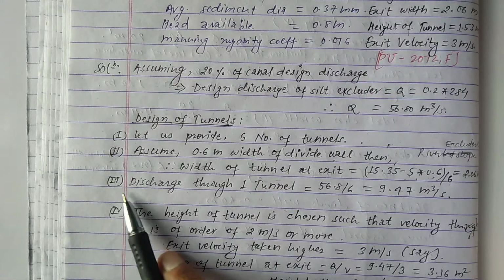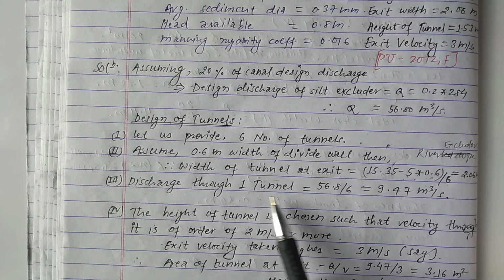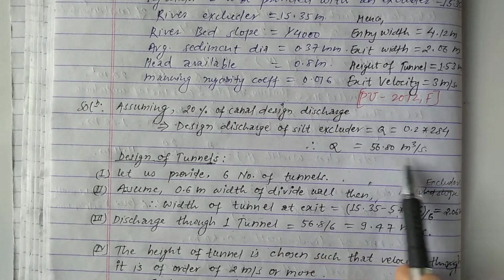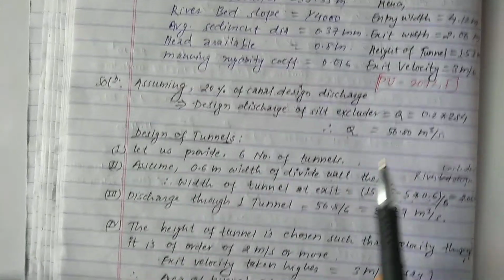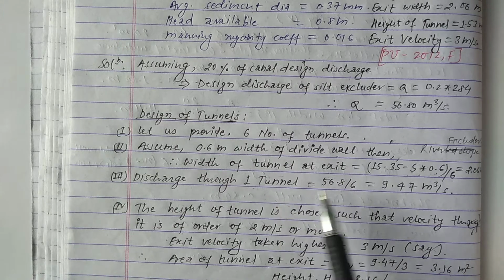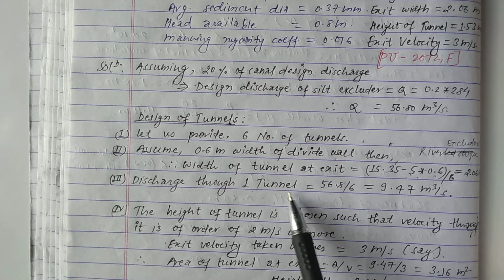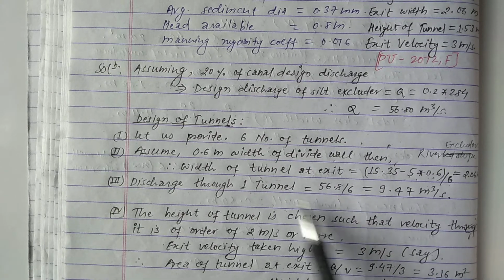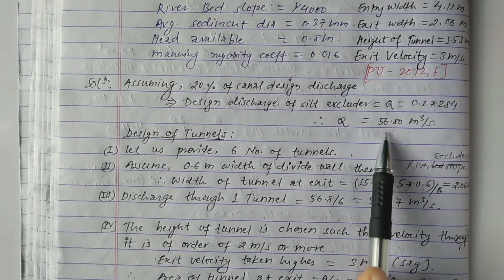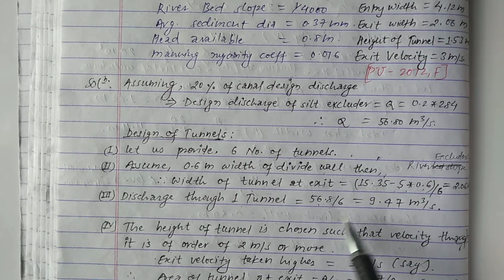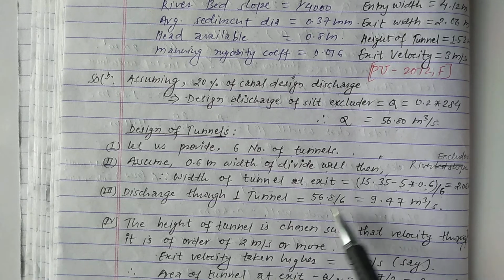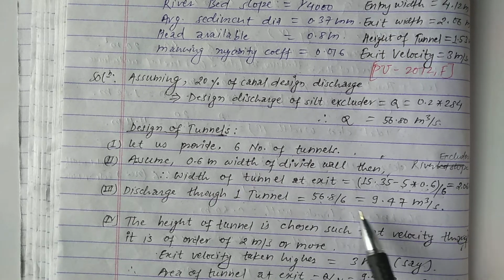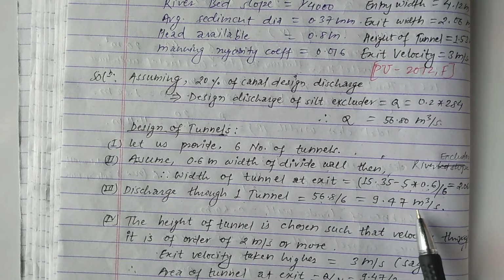Okay, now in the third step we have to calculate the discharge through one tunnel. We have calculated the total discharge for the silt excluder as 56.80, and now we have to calculate the discharge for a single tunnel. Whenever we calculate the discharge for a single tunnel, we have to divide by the number of tunnels, that is 6 for this value. The total discharge is 56.8 and the total number of tunnels is 6, so we divide by the total number of tunnels to get the discharge of a single tunnel. Then the discharge becomes 9.47 meter cube per second